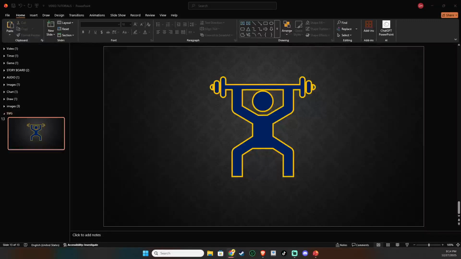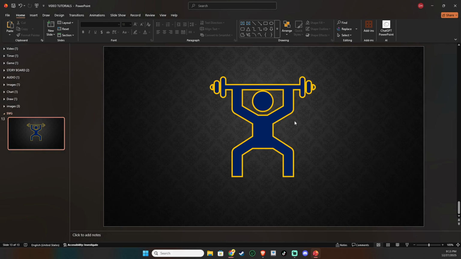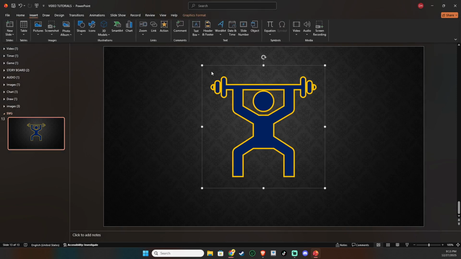In today's video, I'm going to teach you how to export clean SVG icons from a slide in PowerPoint. If you've ever scaled an icon and watched it go blurry, this is for you. SVG stands for Scalable Vector Graphics, which means the icon is built from paths and shapes rather than pixels. Because of that, it stays perfectly crisp at any size, whether you're dropping it into a website, a presentation, or